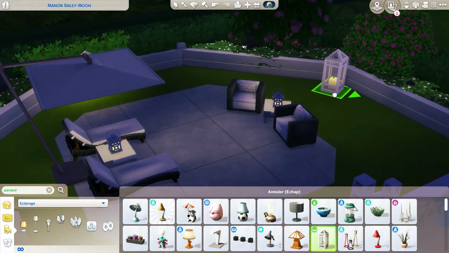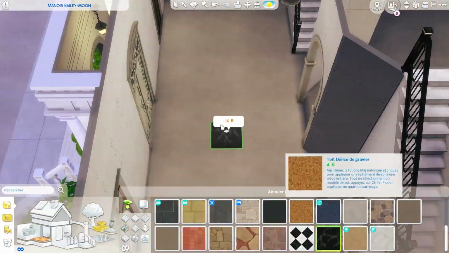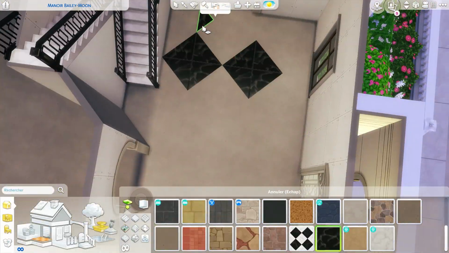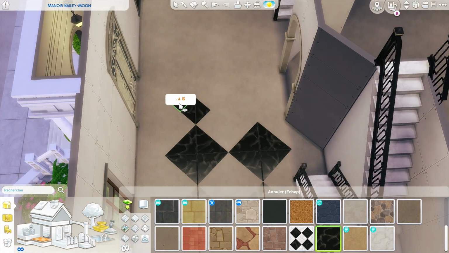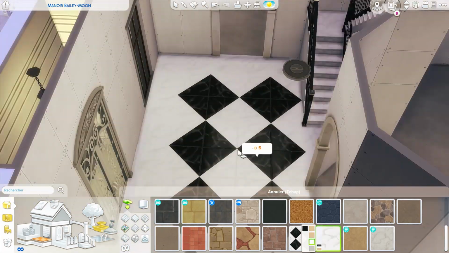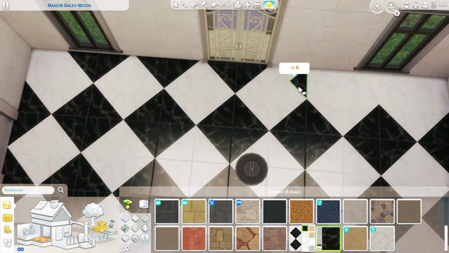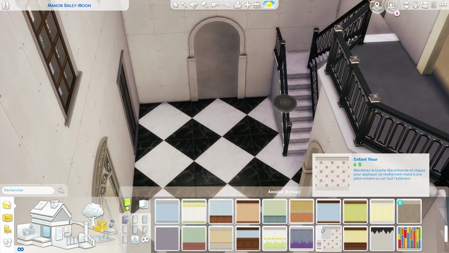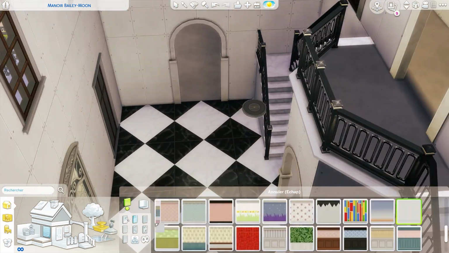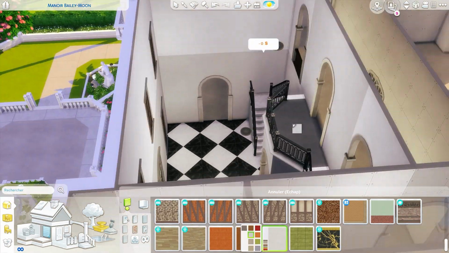And yes, so the main feature of the house, of the inner decoration, is this big floor using black and white marbles. I think I have my inspiration, but I'm not sure, from the Kardashians' house. In the old episode of Keeping Up with the Kardashians, I never really watched it, and I'm not saying this because I would be ashamed or anything. I never did, but